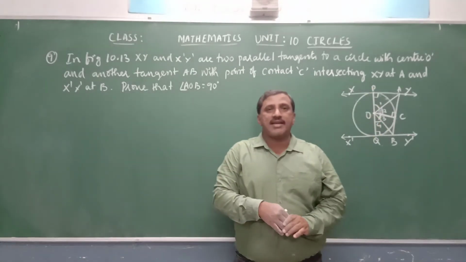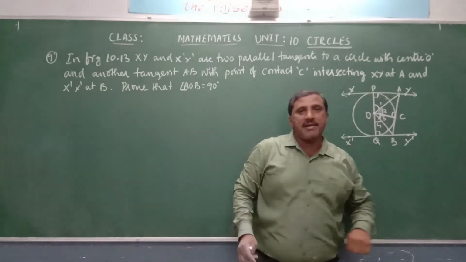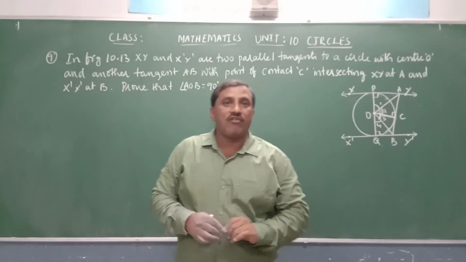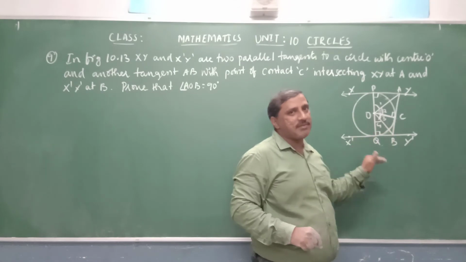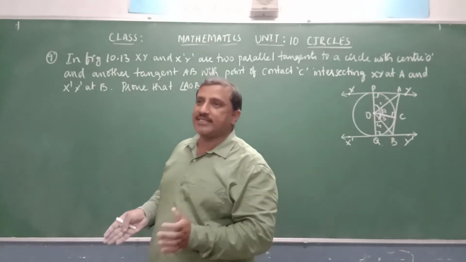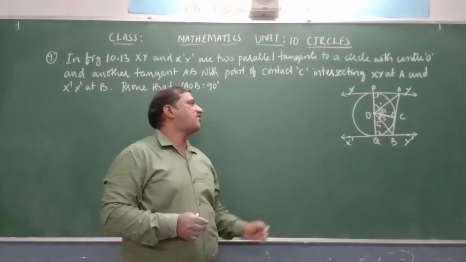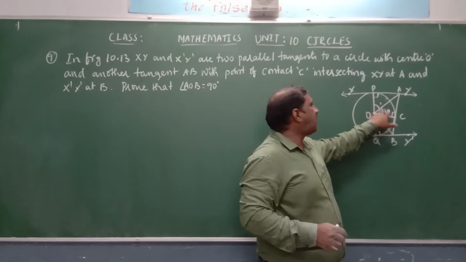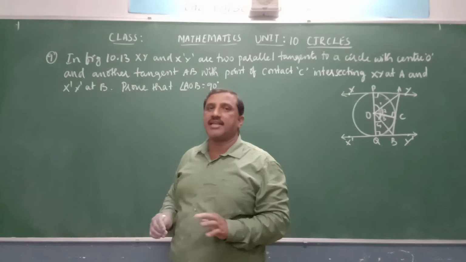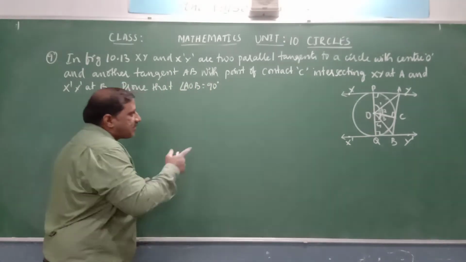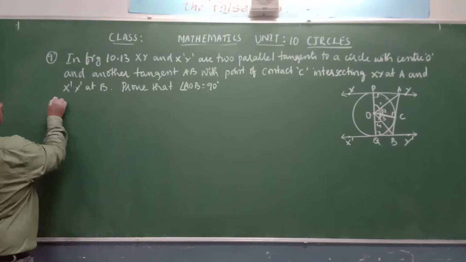POQ is a diameter, it is a straight line. So at point O, the total angle on the diameter is equal to what? 180 degrees. On this straight line, angle 1 plus angle 2 plus angle 3 plus angle 4 is equal to 180 degrees. And angle 1 is equal to angle 2, angle 3 is equal to angle 4. If we apply that, we will convert angle 1 in terms of 2 and angle 4 in terms of 3. Then we can find angle 2 plus angle 3 is equal to 90 degrees. You see here from the figure, we need to prove angle AOB is equal to 90 degrees.